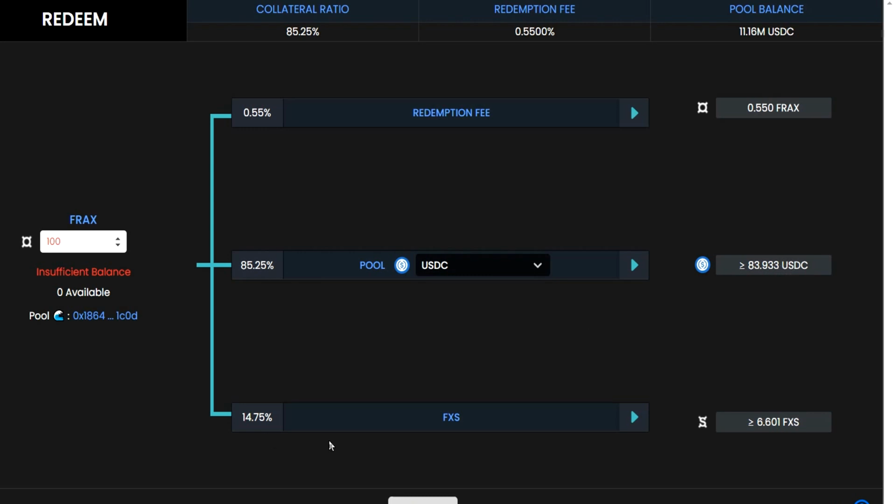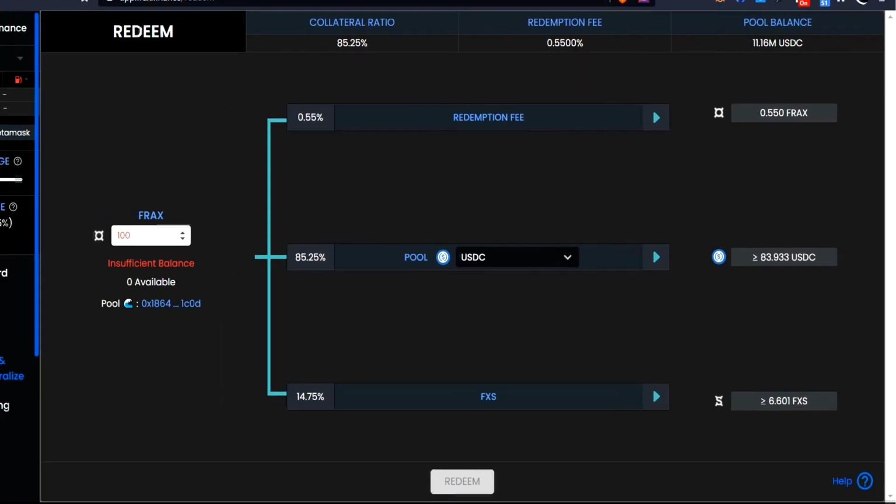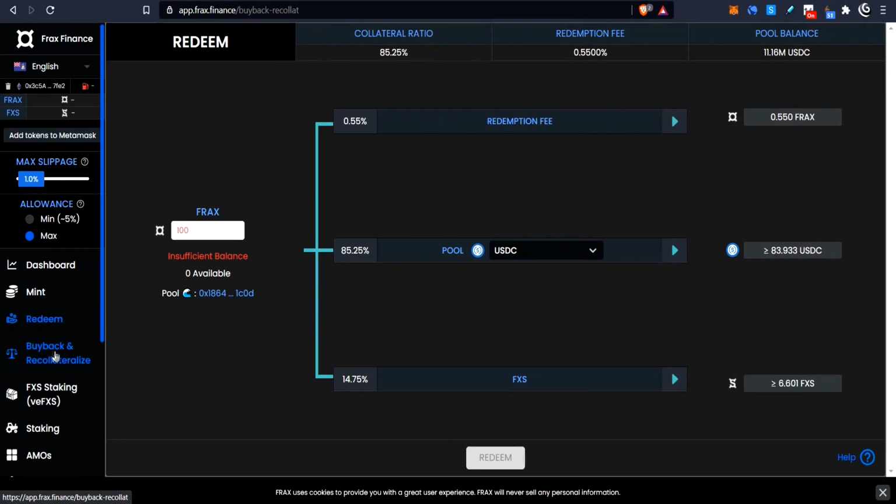83.96933 USDC. You're going to get plus or minus 6 FXS tokens, and then there's this redemption fee. Now this is one of the fees I was talking about that the veFXS token holders will be able to probably get, I guess. Like I said, I wasn't able to very clearly understand where the fees are going and who's getting them and so forth. Onwards to buyback and